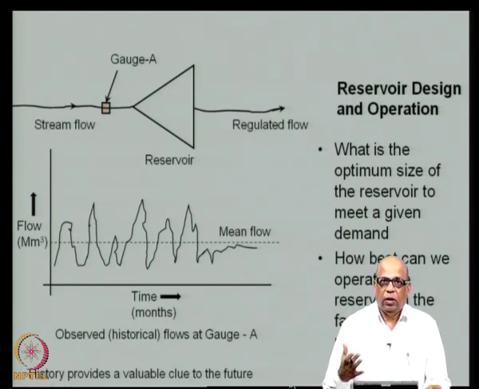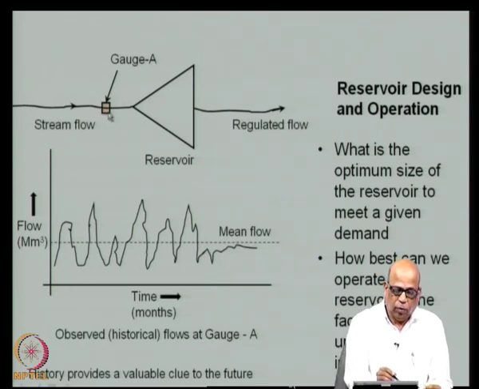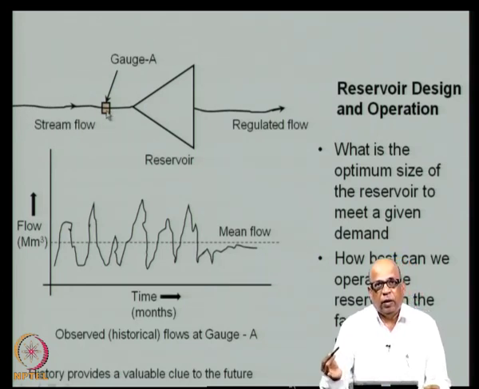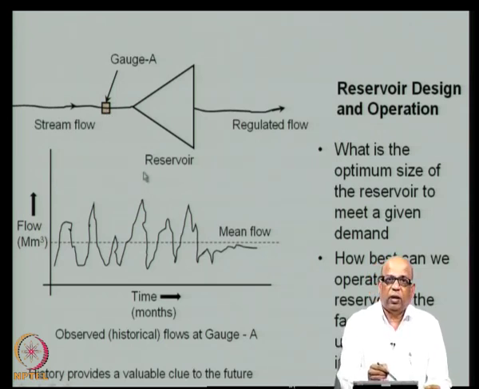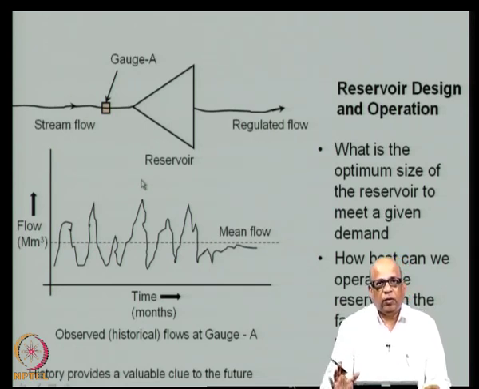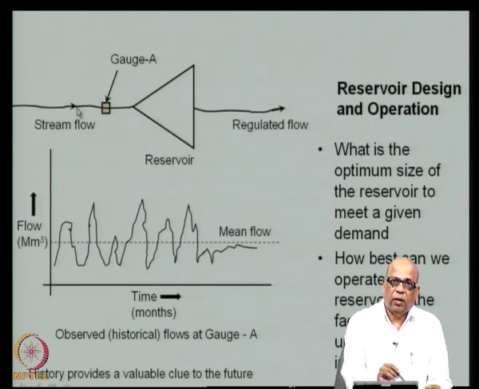Essentially, what does the reservoir do? The reservoir redistributes the deficits and the excesses such that throughout the year you have a reliable supply of water. That is what the reservoir does. If the stream flow is so high compared to the demand, then there is no need for a reservoir. That means you can simply draw the water directly from the stream and supply it to meet the demands. The reservoir becomes necessary, the storage becomes necessary, because the demands are higher than the mean flow. I am sorry, the demands are higher in terms of the time distribution.